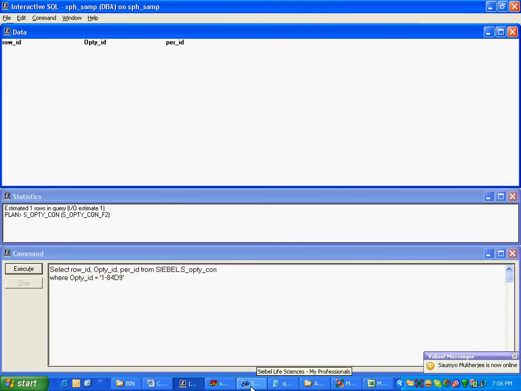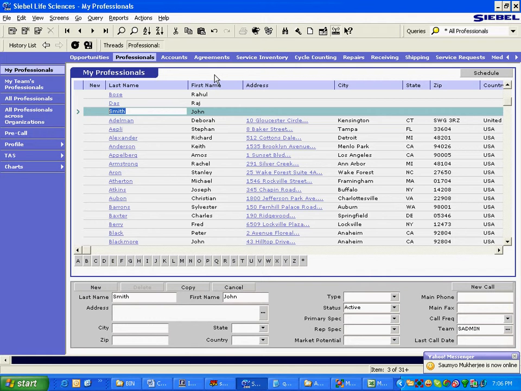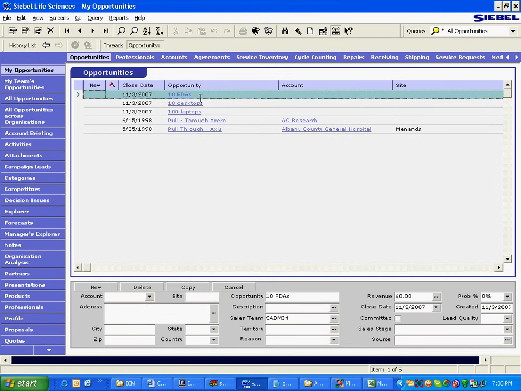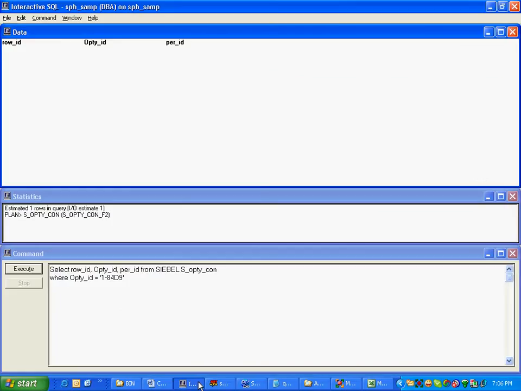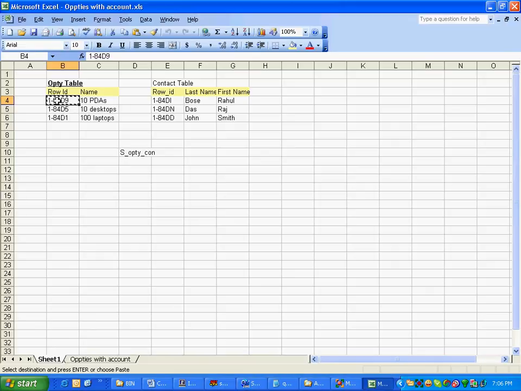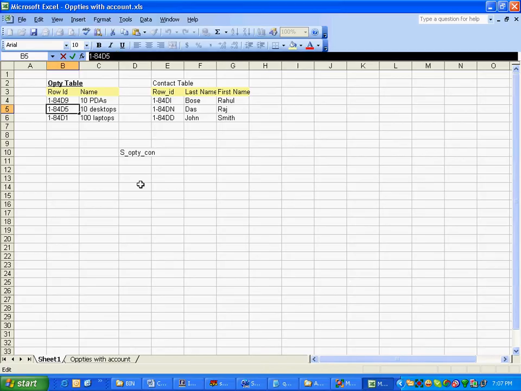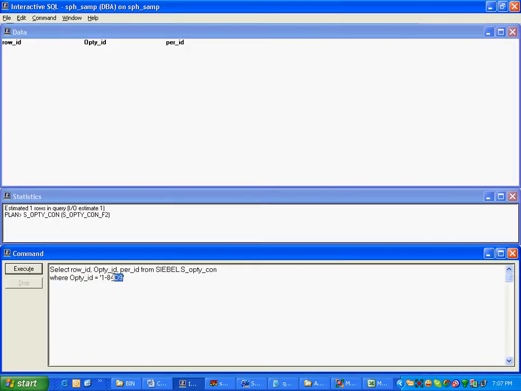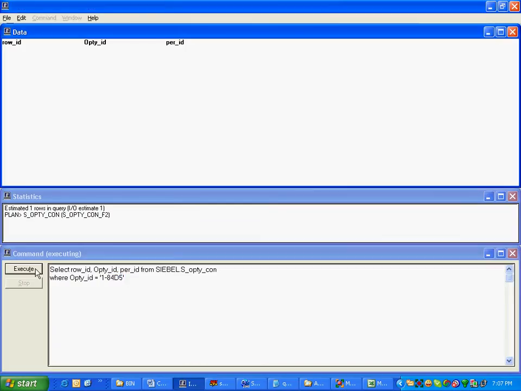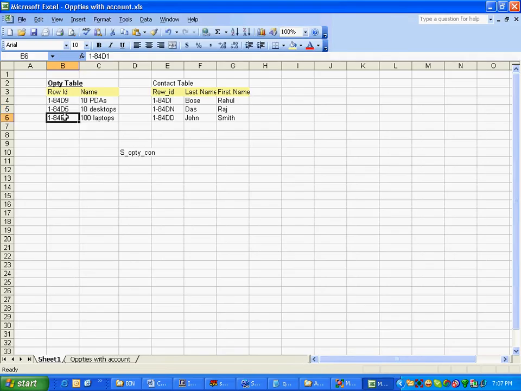What do you think? Did we attach any person to these three opportunities? No. So that means for all three of these opportunities, there will be no entry in this table because there is no person attached to them, right? Making sense? So do you want to do one by one for each opportunity? Let's do that. Now the second opportunity is this one. There is nothing attached to it. I didn't attach any contact. Third opportunity, it will be the same thing.